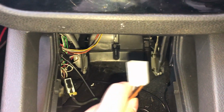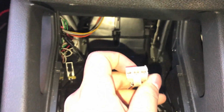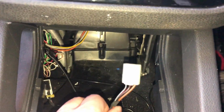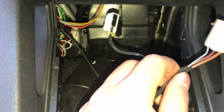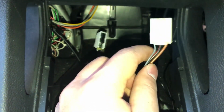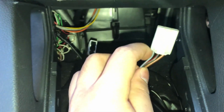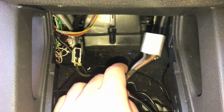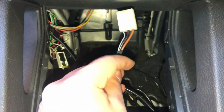So this is the power pin bit that goes into the cigarette lighter. If you look here, the wires are actually tied together with this bit of fabric tape. This is so that the wires don't split out and it gets a bit messy. What you'll need to actually do is to unravel this, because you want the connection to be a bit down,